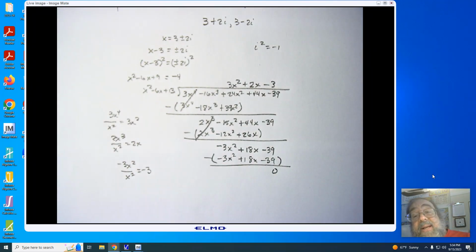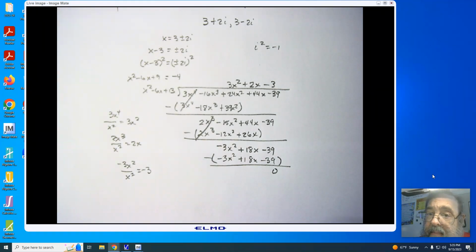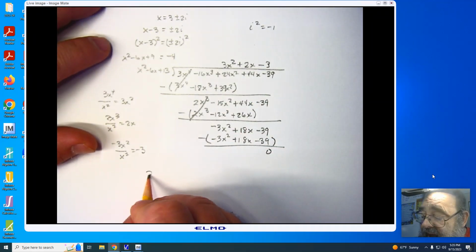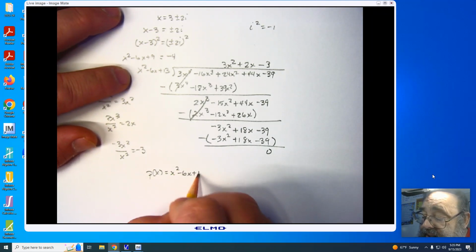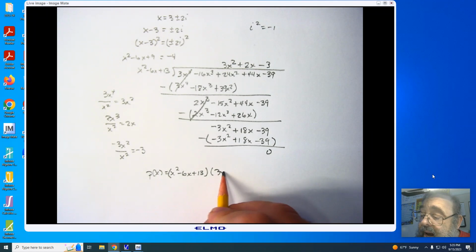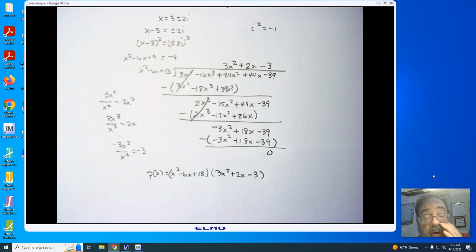Remember, we expected to get 0. We have been given the factors, and therefore, by the factor remainder theorem, we know our remainder must be 0 when we divide by factors. No choice. So we're now going to write this as our two depressed equations for p of x. P of x was x squared minus 6x plus 13. That was the first depressed equation from the first two roots, x equaling 3 plus or minus 2i. We have our second polynomial, 3x squared plus 2x minus 3, which we can attempt to factor, or we can